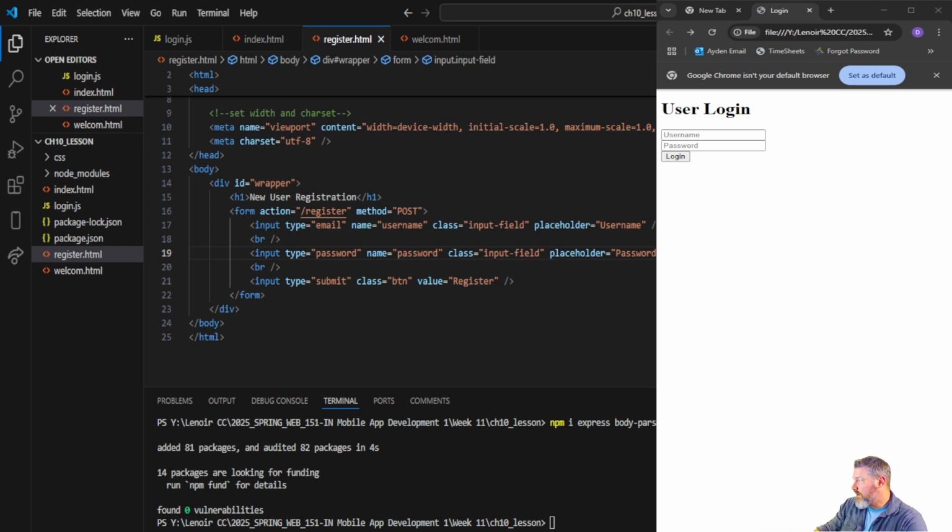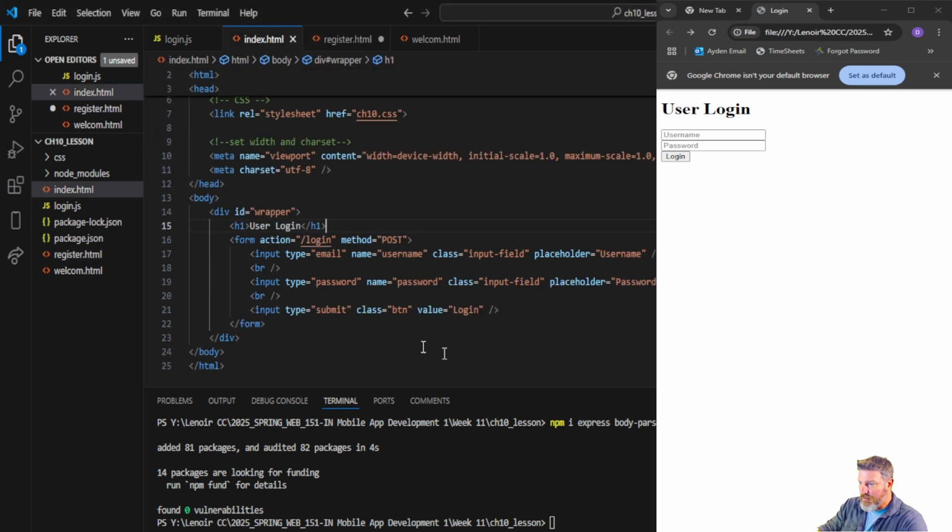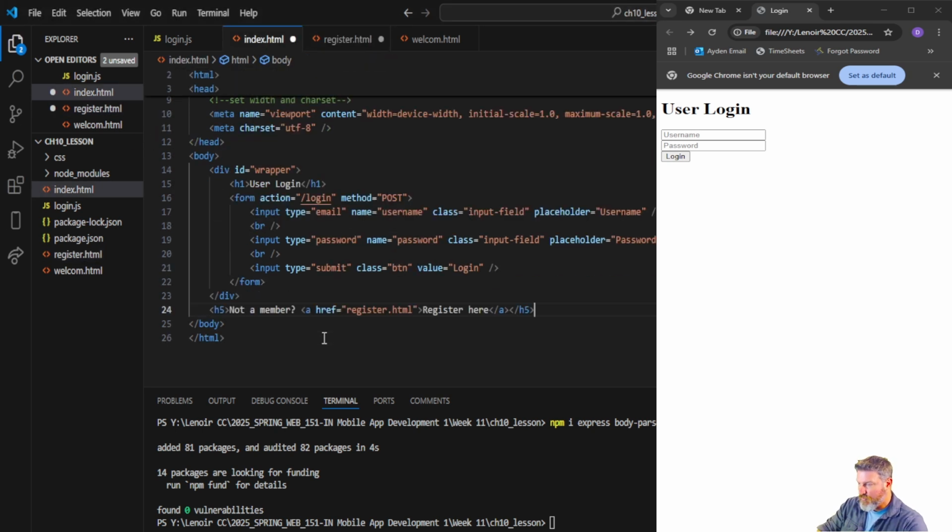Super easy. One thing here, down at the bottom, whatever, I'm just going to do it outside the div. You do it however you want. You style your own page. But I'm going to add that to the register page and to the login page. So if I save all,